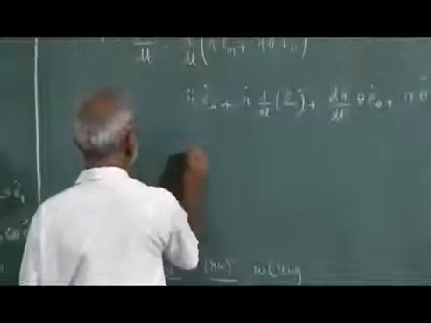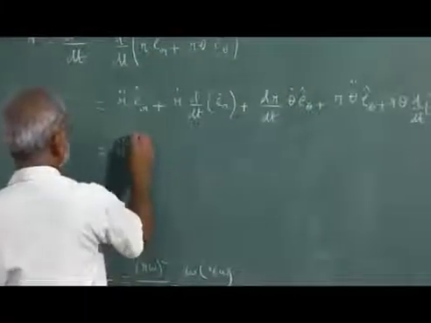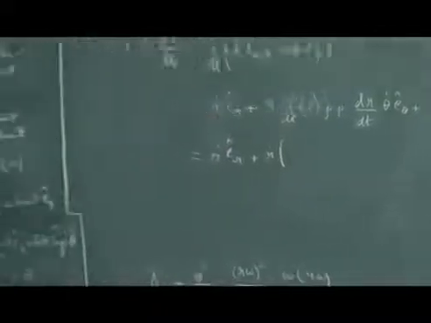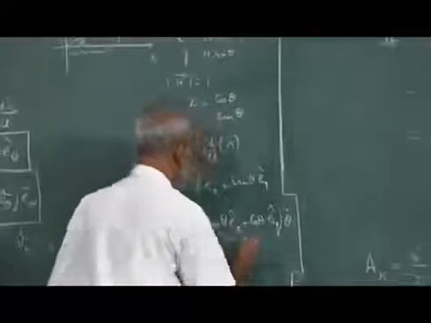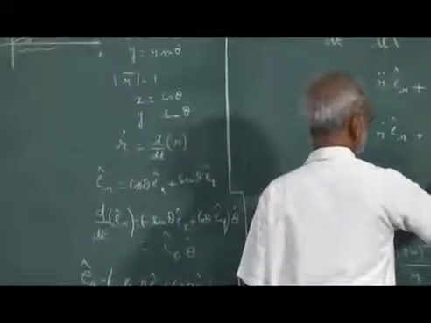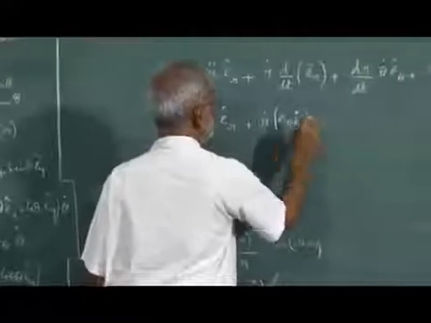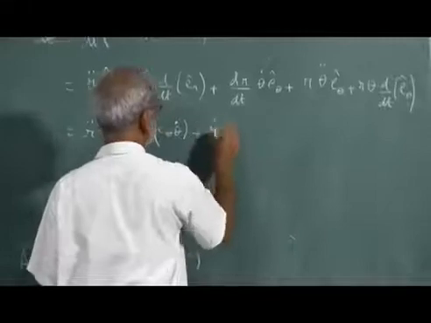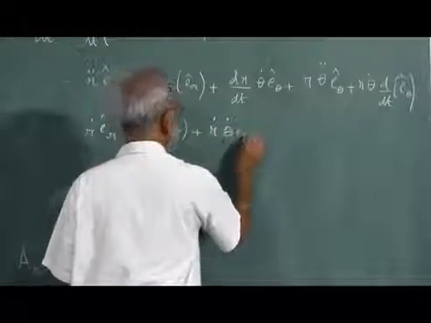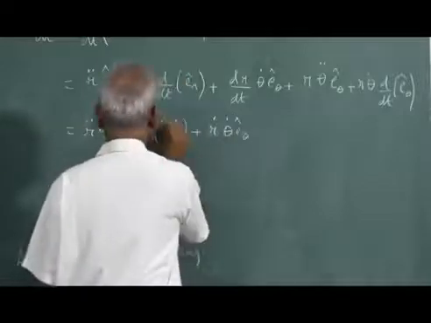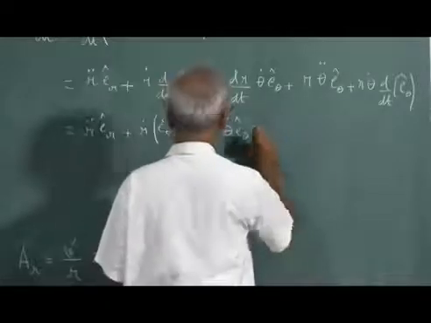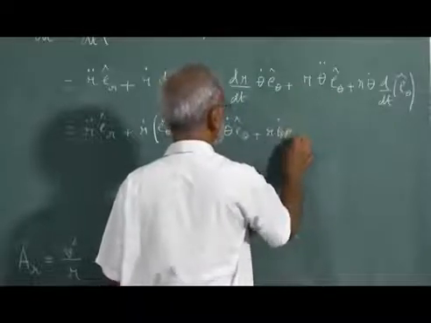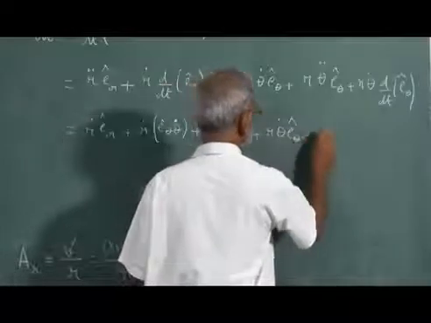Therefore this is equal to r double dot e_r, this term will be there, r dot into d by dt of e_r, which we have calculated, we have here e_theta times theta dot, plus dr by dt is r dot theta dot e_theta, unit vector I forgot to write here, plus here I have r theta double dot e_theta plus